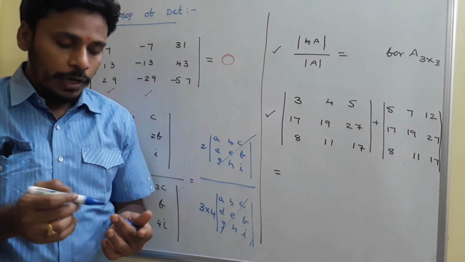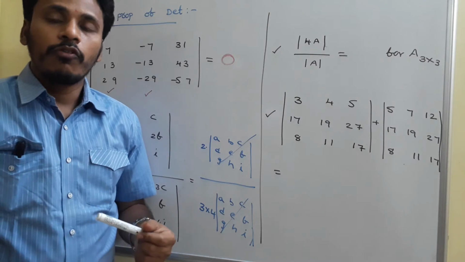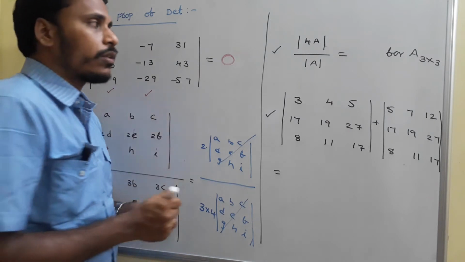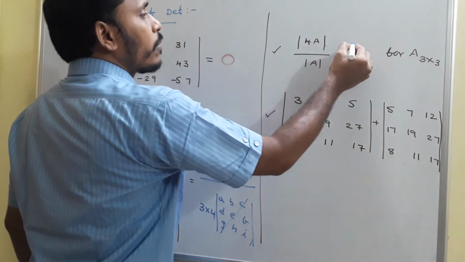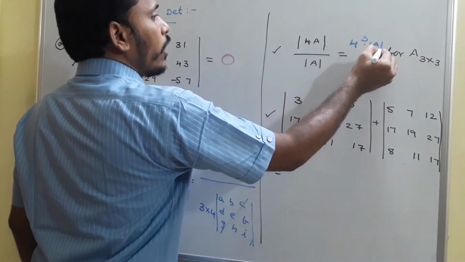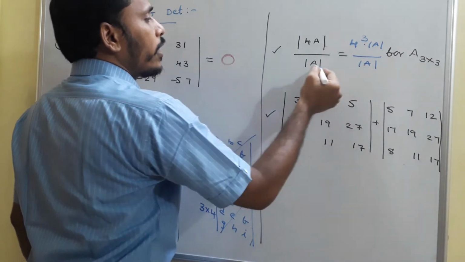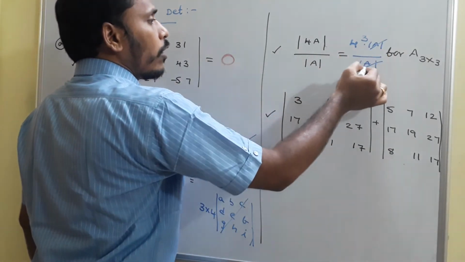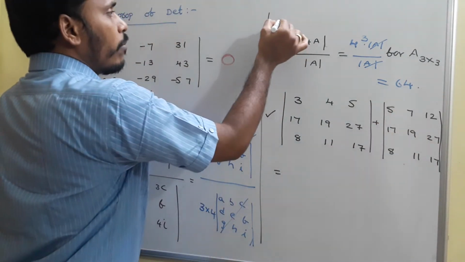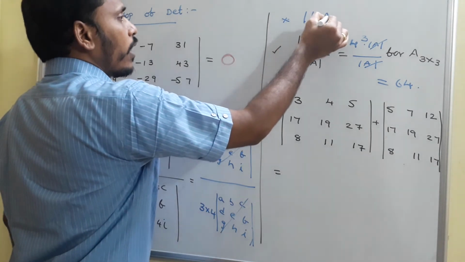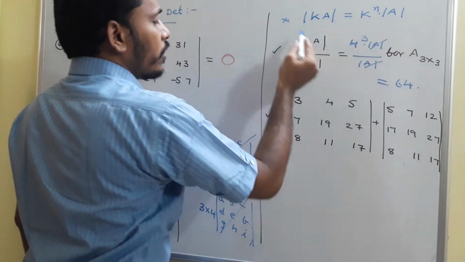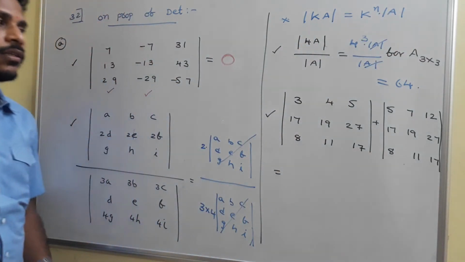So we have a chance to pick out, while finding determinant, 4 out of the first row, 4 out of the second row, 4 out of the third row. So then this determinant of 4A is simply nothing but 4 to the power order of the matrix, 4 cube into determinant of A, divided by determinant of A, which is already given. And if you cancel out that determinant of A, your answer for this problem is 64. Just have a look. As we mentioned in the last class, determinant of kA is simply nothing but k power n into determinant of A. We are using that particular logic in the numerator to find it.